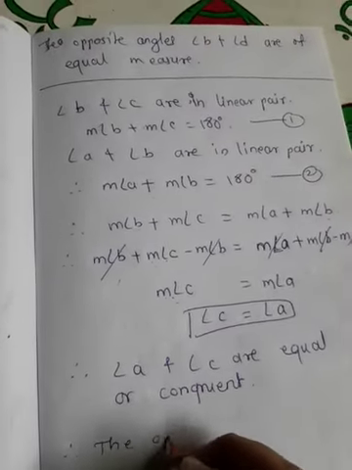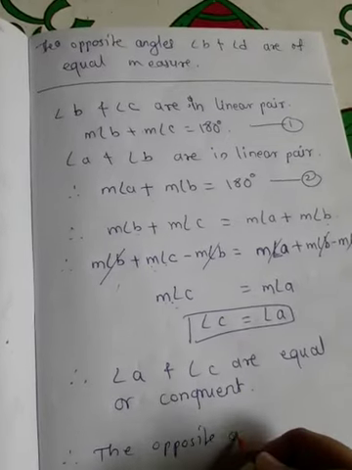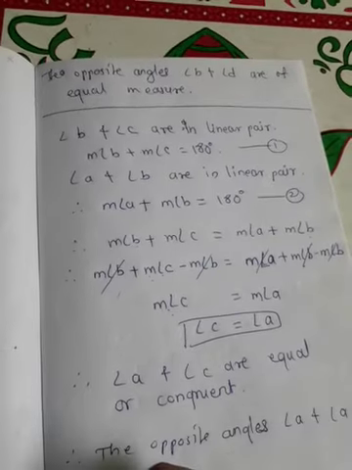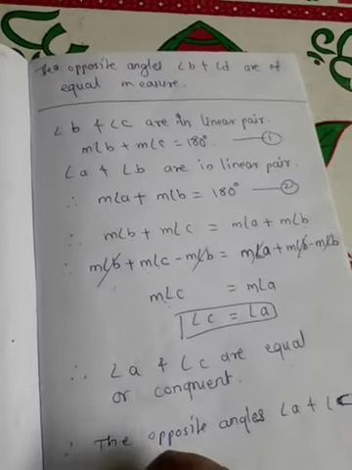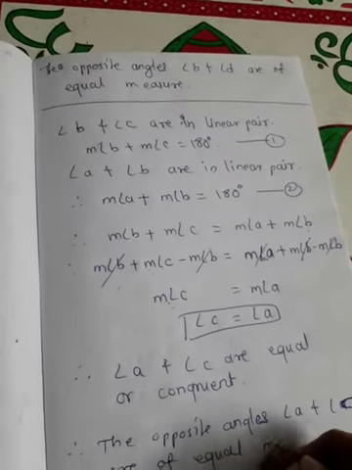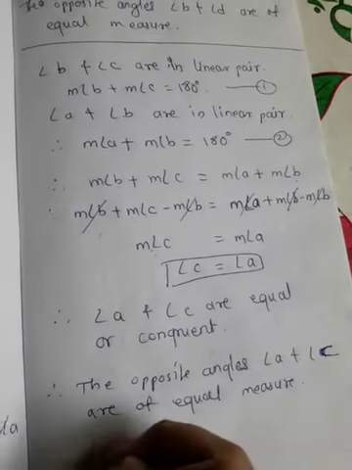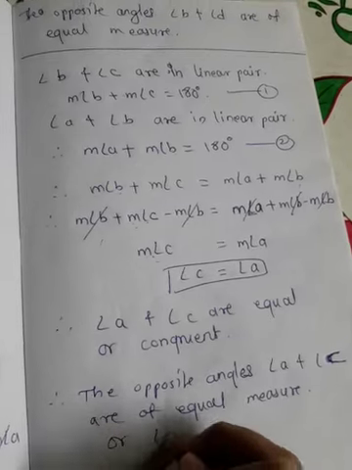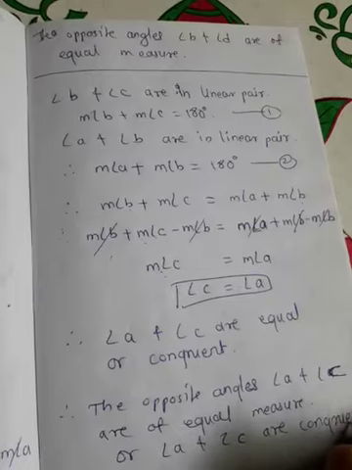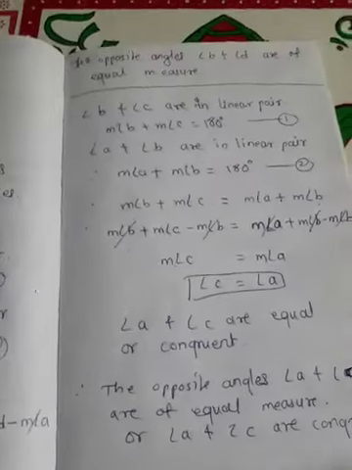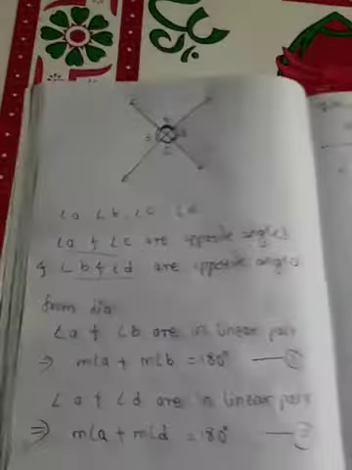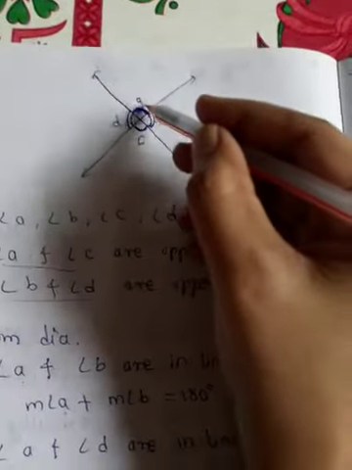The opposite angles, angle A and angle C, are of equal measure, or we can say that angle A and angle C are congruent. So very important information we have got, that the opposite angles are always